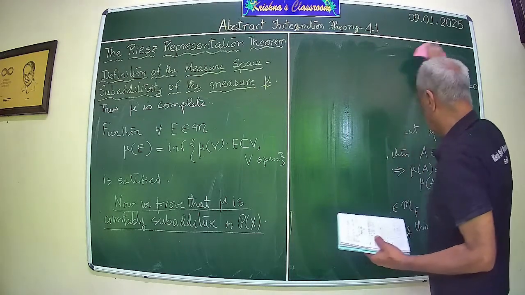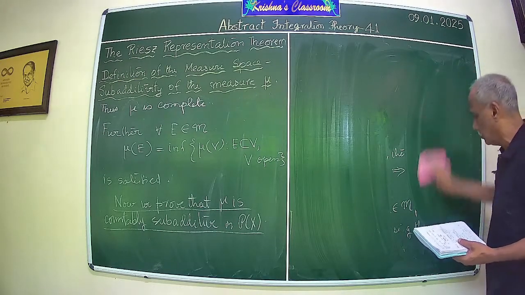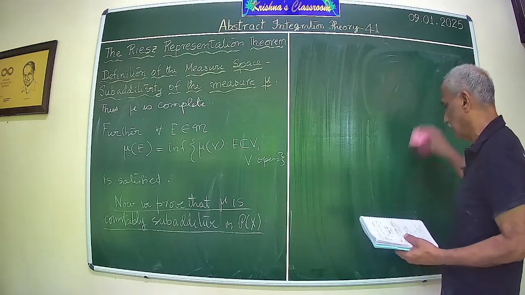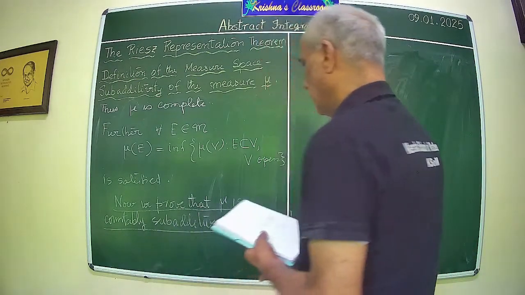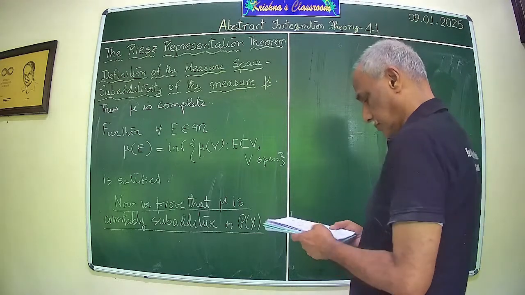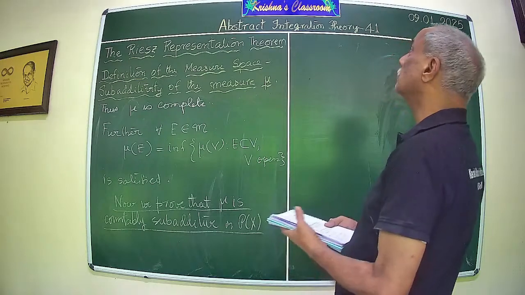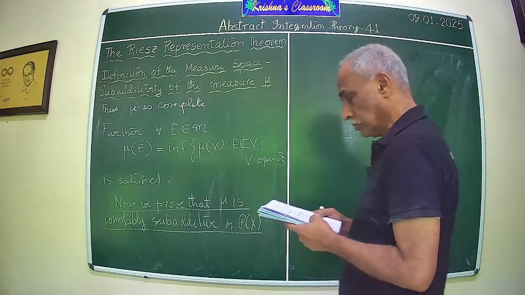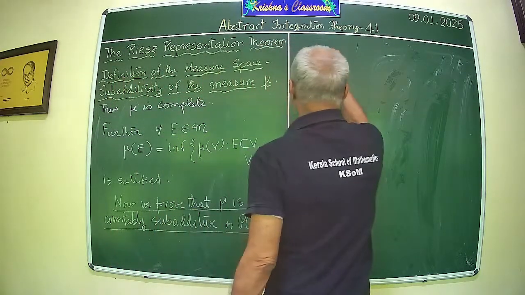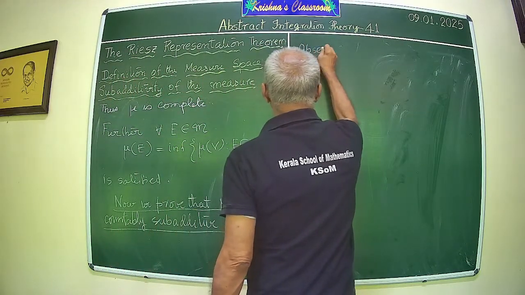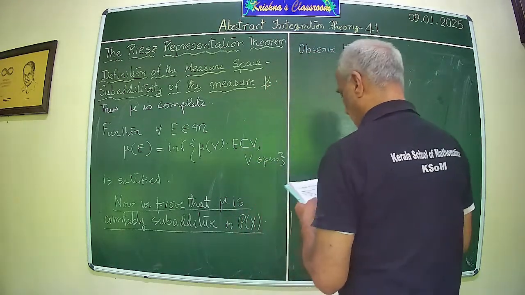So we have identified script M. Now our task is to prove that script M represents a sigma algebra. So we are slowly proceeding towards that. Okay. So first we observe that